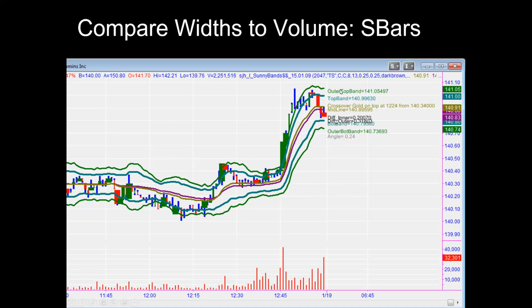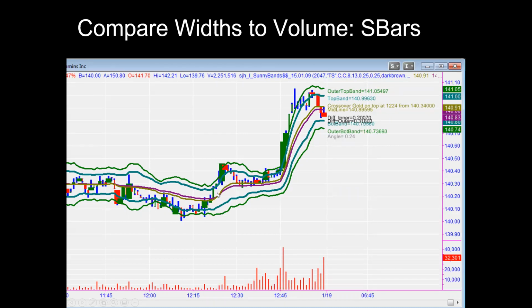You'll see the SunnyBands also tell you the values. So the green is for the green outer band. Teal is for the upper inner band. It tells you that the crossover was gold on top. So when the gold line is on top on my dynamic moving average, that's generally bullish. And when the purple line back over here is on top, that's generally bearish. Now it doesn't signal quite as fast as the SunnyBands does. So I would know right back here to get long on the SunnyBands. And that's before this DMA crosses over.